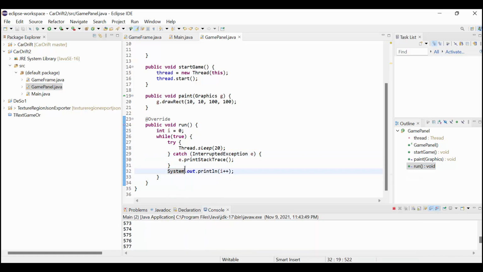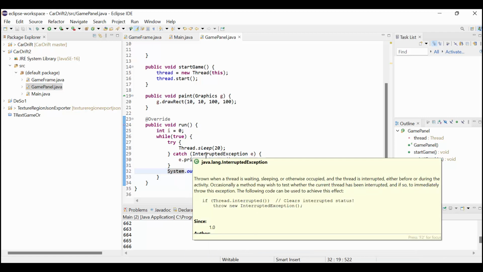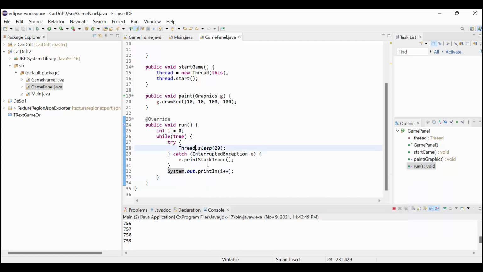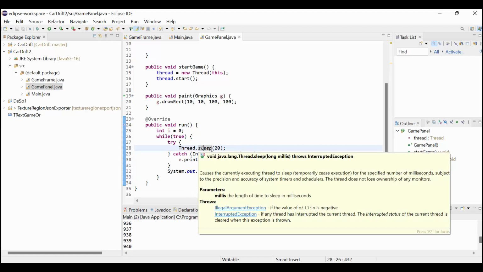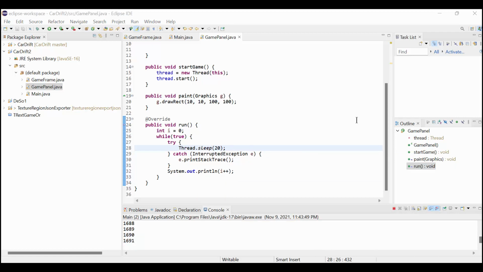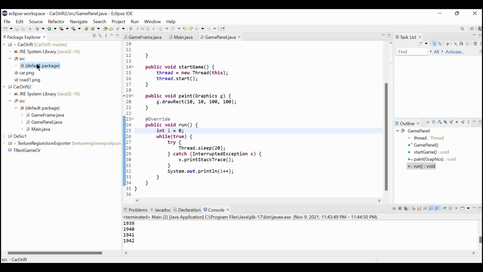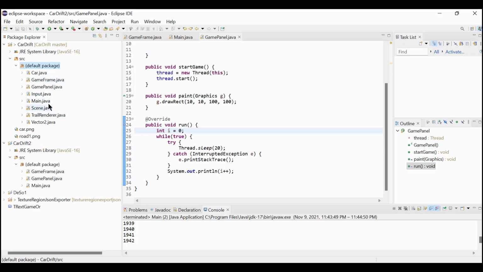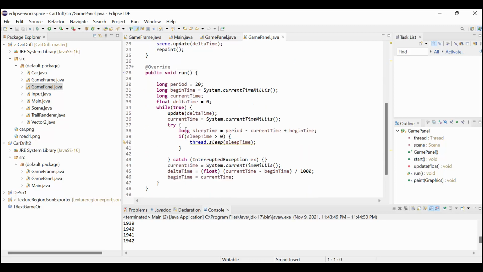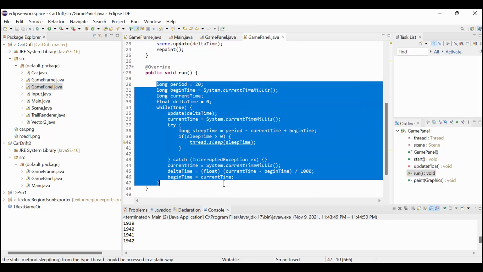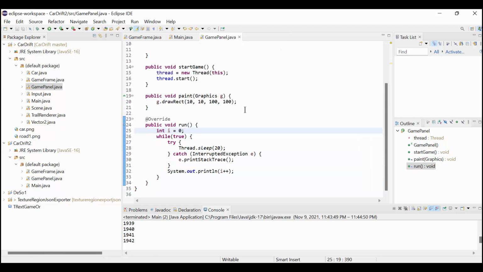Right, but to keep the FPS, the FPS means frames per second. To keep the FPS stability, we need to improve this game loop. To do that I will copy the code from my old project, and I will explain it later. Just go to the game panel and go to the run method here, copy this, and go back here and